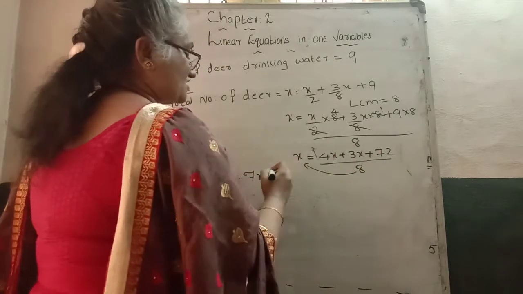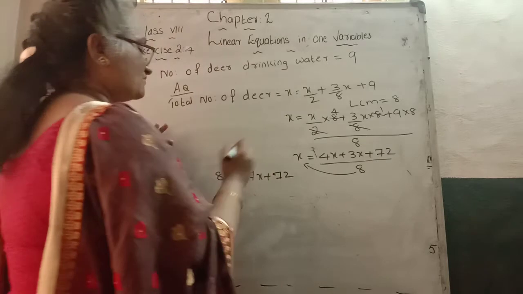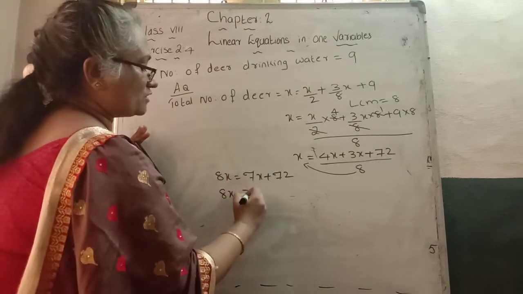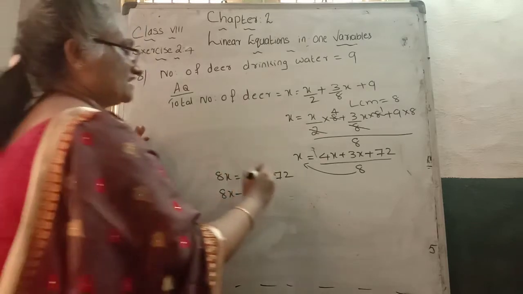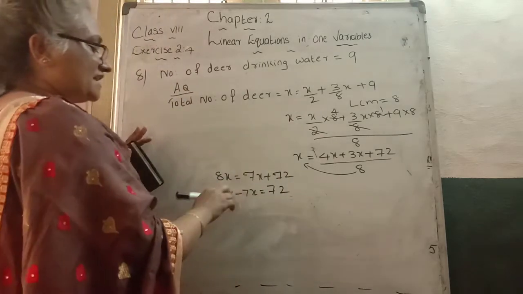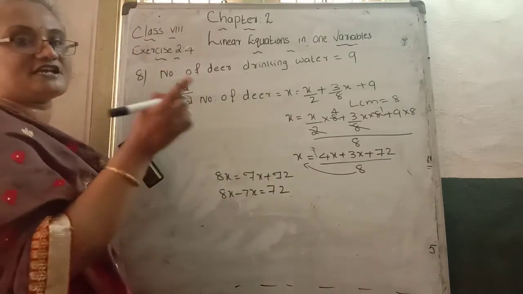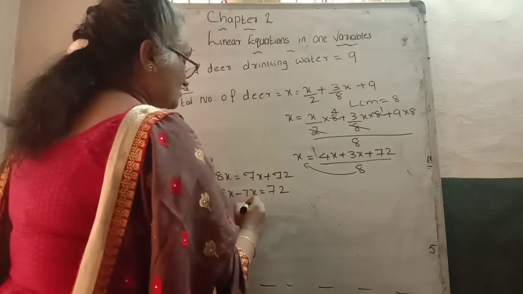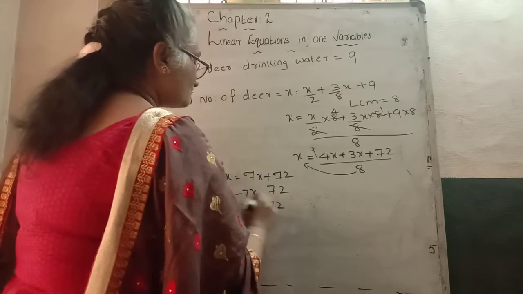So like terms, you just add, and the constant term, write. The next term, bring to one side. 8x plus 7x goes to the opposite side, comes to be minus 7x is equal to how much? 8 is the coefficient of x. Our aim is to find out the x value. So 8 minus 7 becomes how much? 1. So the x value becomes how much?